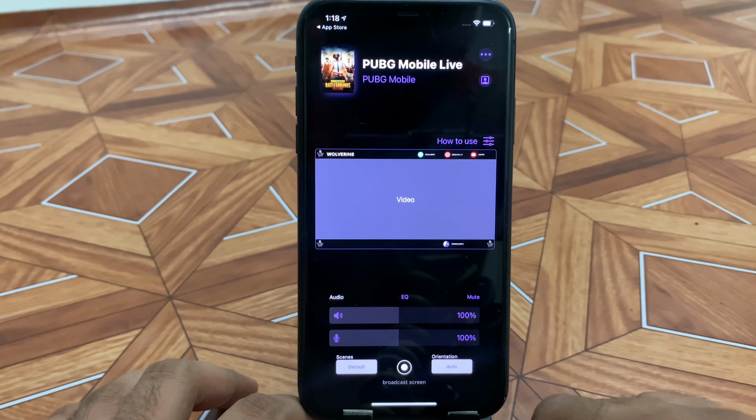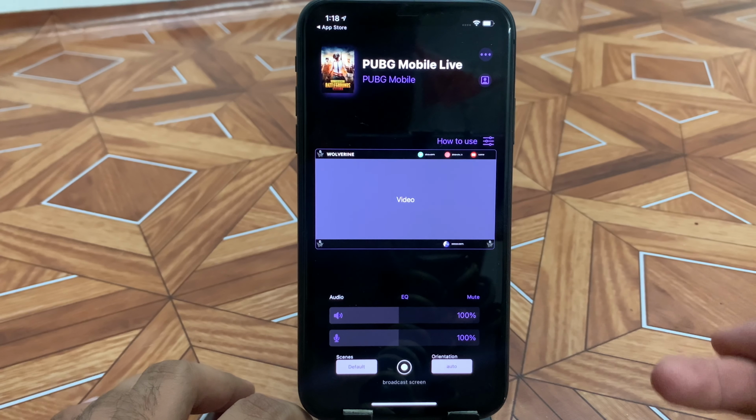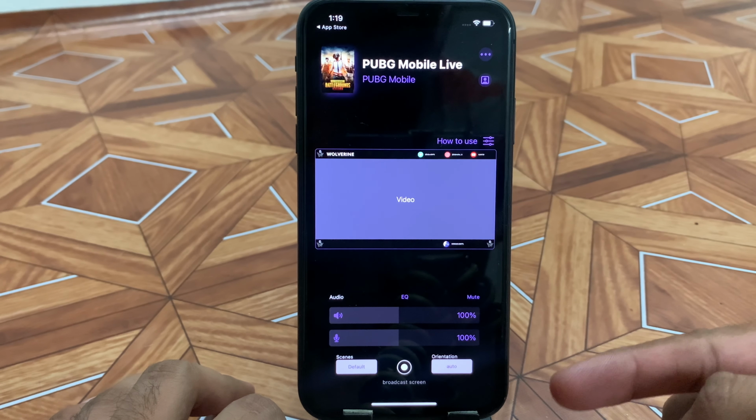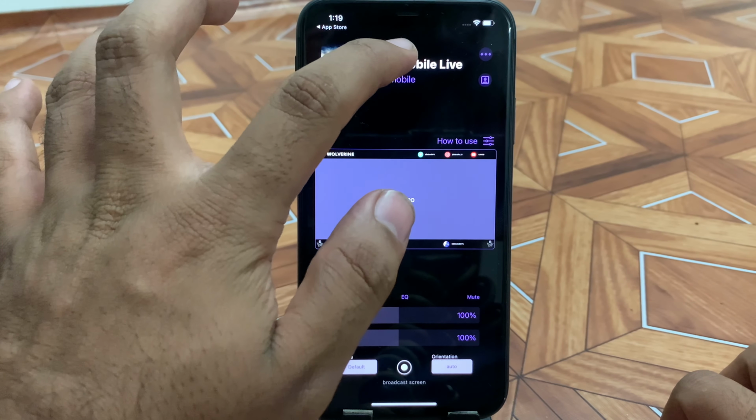Now once you open the app, this will be the basic homepage of the StreamChamp app. Since you will be logging in for the first time, you need to have an account on Twitch. If you don't have one, you need to create an account on Twitch, and then you can log back in using that Twitch account. Once you're logged in, you will be directed to this page, the home page of the StreamChamp app.